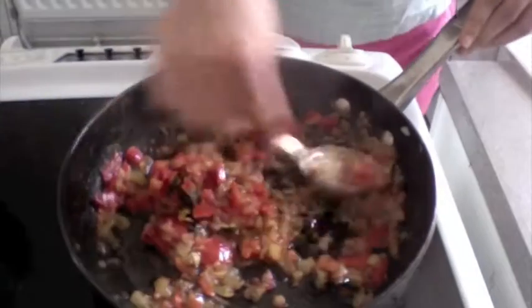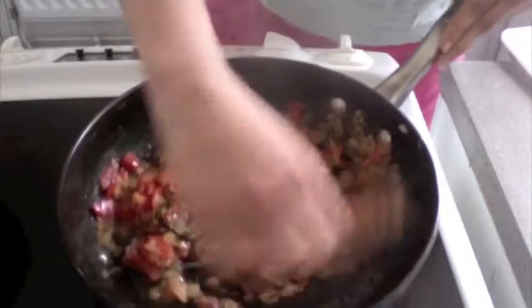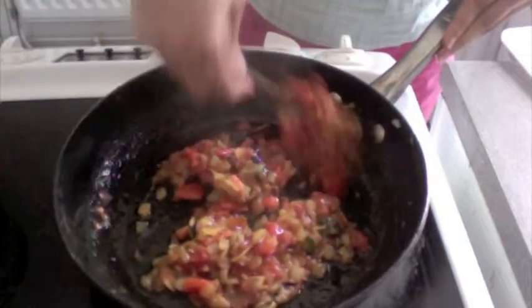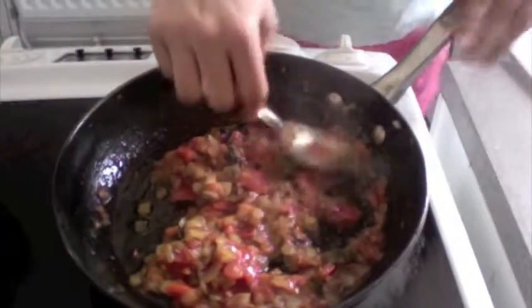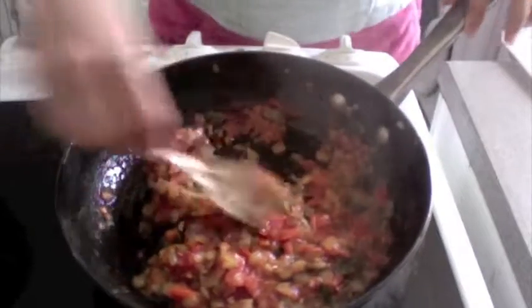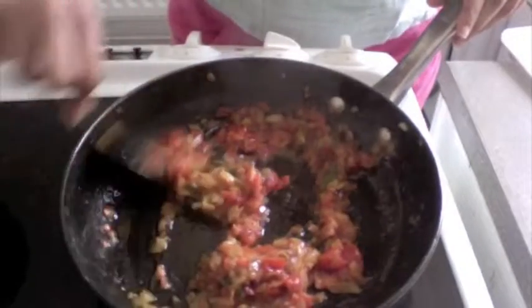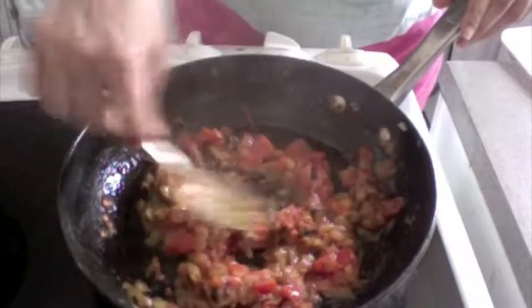Now it's important that you use nice bright red tomatoes, otherwise you'll have to add food color. And in the hotels we do add food color, but I'm not going to add that when we are at home. Okay. So one of the things that you can do once the tomatoes are 50% done, we generally add